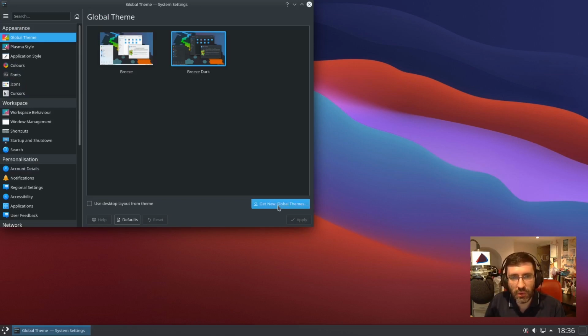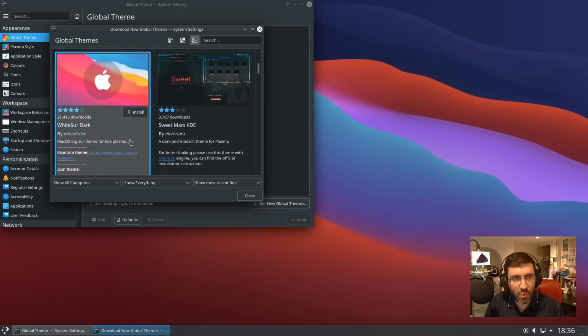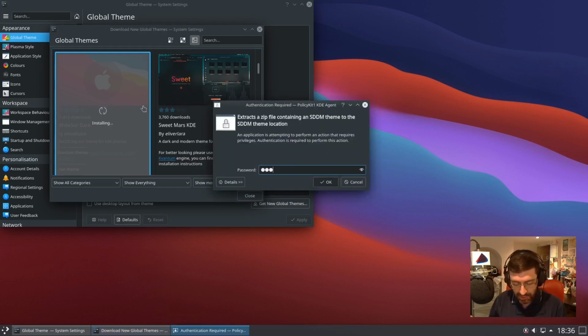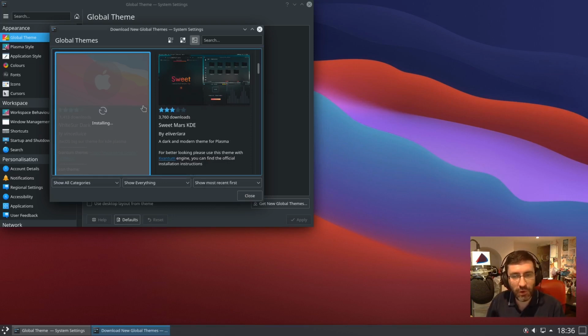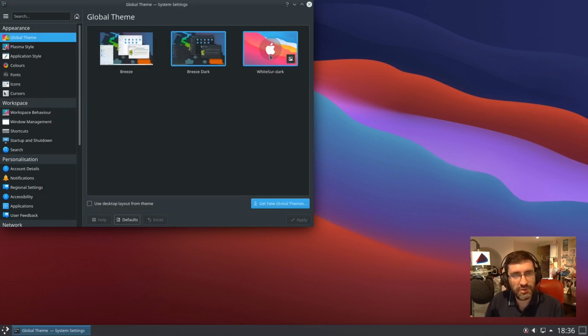And what you can do again, you can go and get more new themes from here. There's the White Sur, and somewhere down here is the White Sur Dark, which is what I'm going to choose. I mean, do you want me to show you how to kind of Macify this desktop? I'm sure you don't. You've seen the other videos on the tube and been able to obviously follow along and get it looking exact. Yeah, so that's done now. So if I just select the White Sur Dark and click apply,